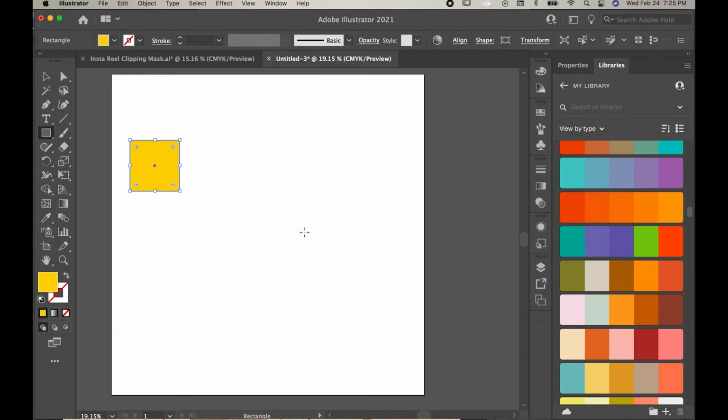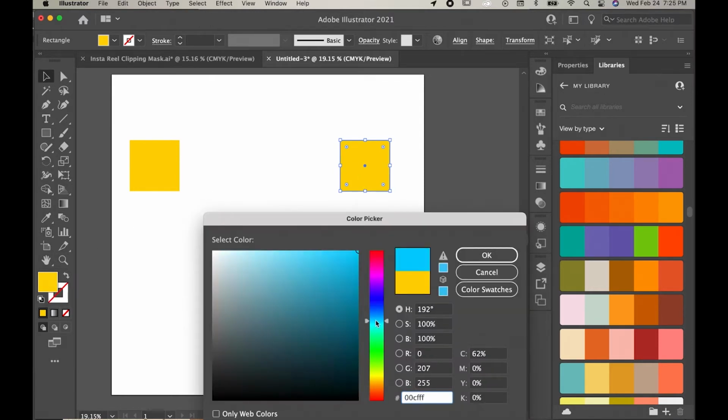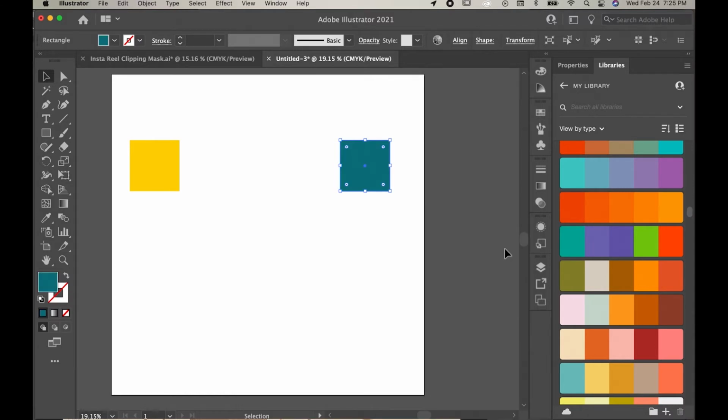Okay, so I need a second color. Now instead of recreating a rectangle, I'm just going to duplicate this one. So with the selection tool and the Alt key down, I'm going to drag out a duplicate. And I just need to change the fill to a different color. And I think I'll pick something maybe in the teal family here. Okay, so I have my two base colors, and now I need to blend these to create my full color